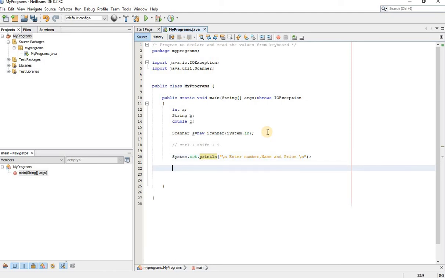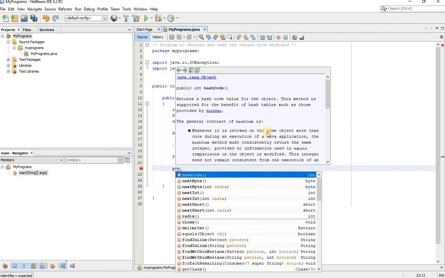Okay, so first of all I will take here A equal to, okay, I want to load the data into A. As I told you before also, you need to perform type casting, converting data from one type to another type. So string is the understandable type for Java, but integer it doesn't understand. To make it understand what you are doing in the program, we take the object of the Scanner class, s dot.